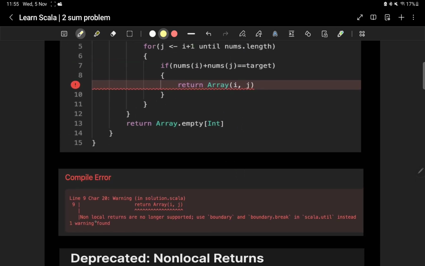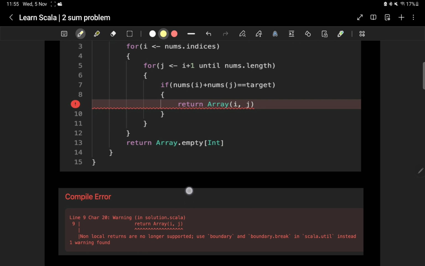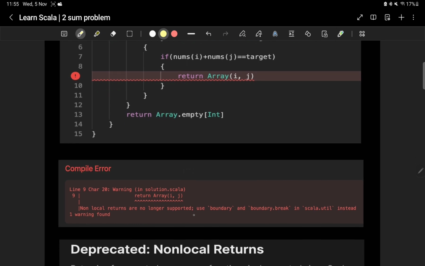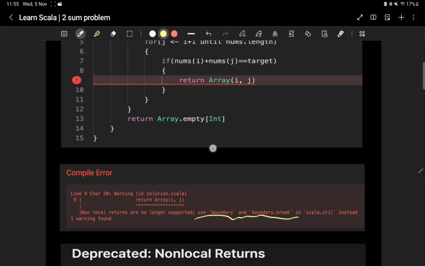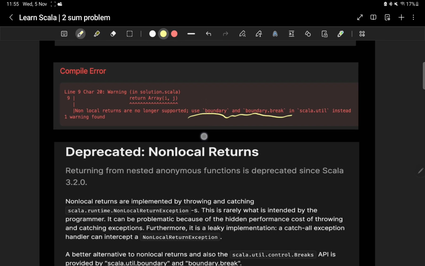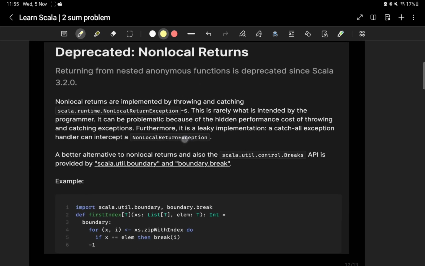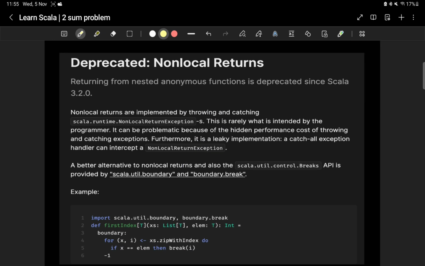The error says that non-local returns are no longer supported, and it is suggesting we use boundary in Scala instead. So what does Scala say about it in the official documentation? It is saying that this is